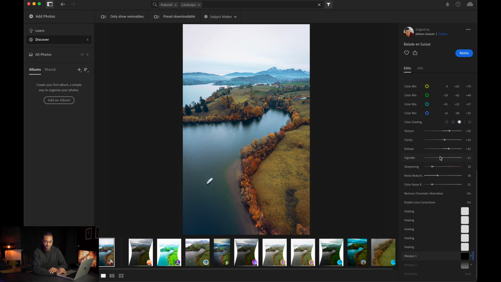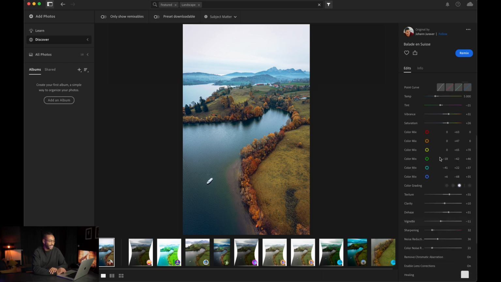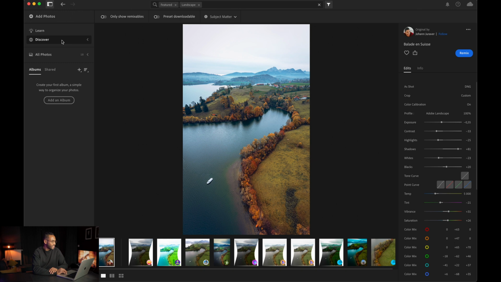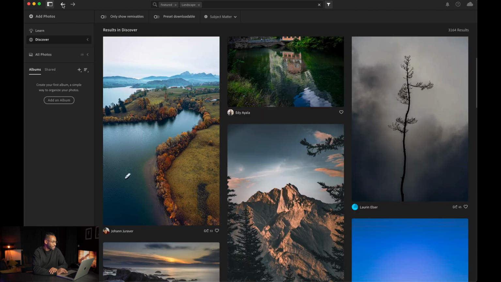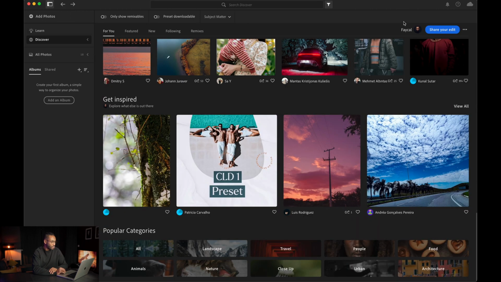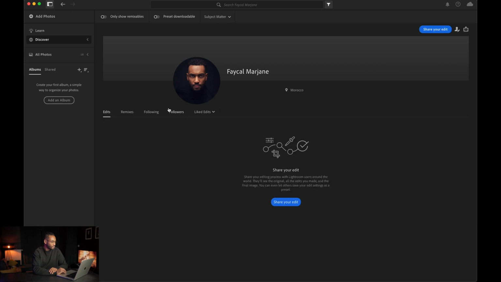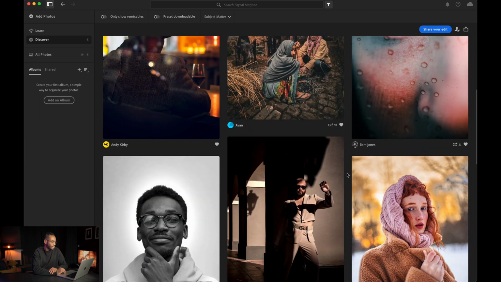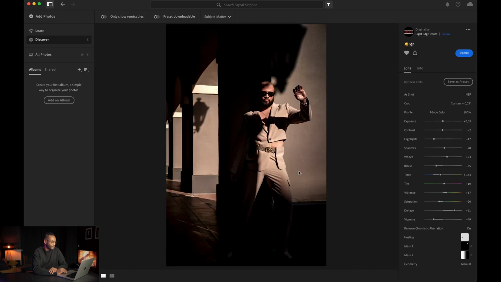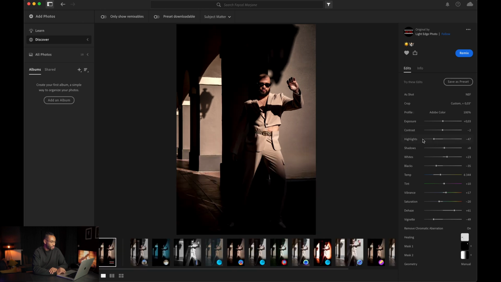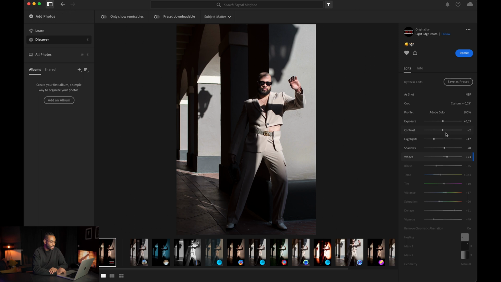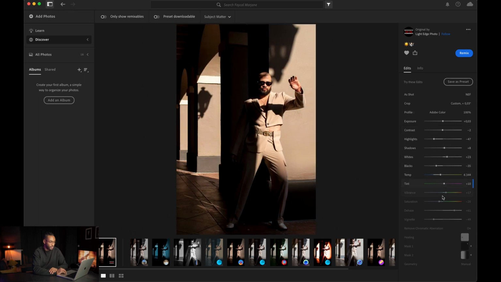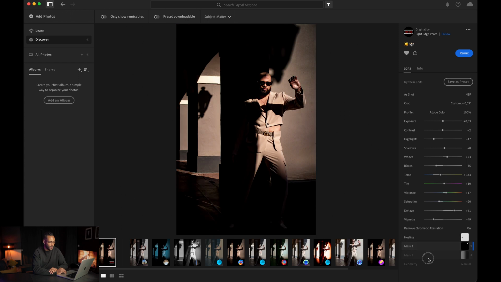And that's not everything. Maybe that's a way how to see other people's editing style, but that's not everything. So let's go, for example, on some pictures that I like. So I will not call them favorite, but some pictures that I like here. So I will go here on my account and let's go likes and edits. Okay, so let's select, for example, this one. And as I showed you earlier, you can play and see everything that the photographer did to edit that picture, including the masks, including everything.